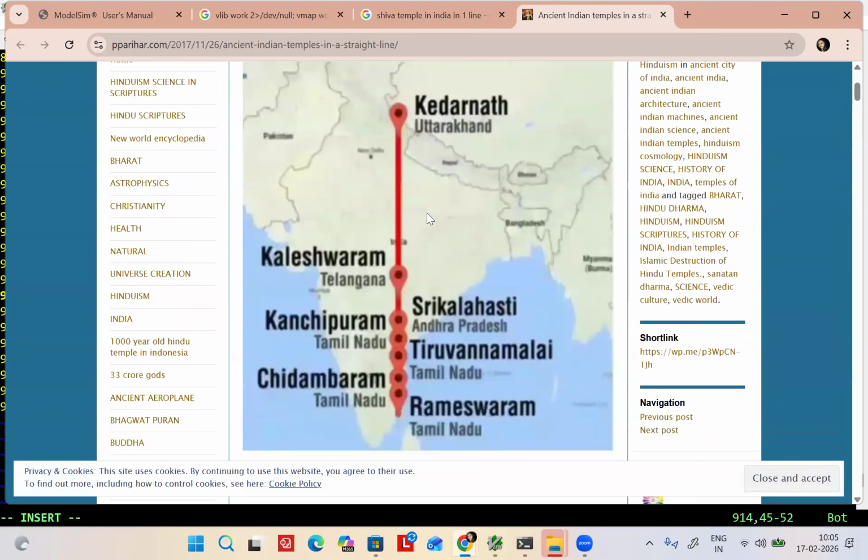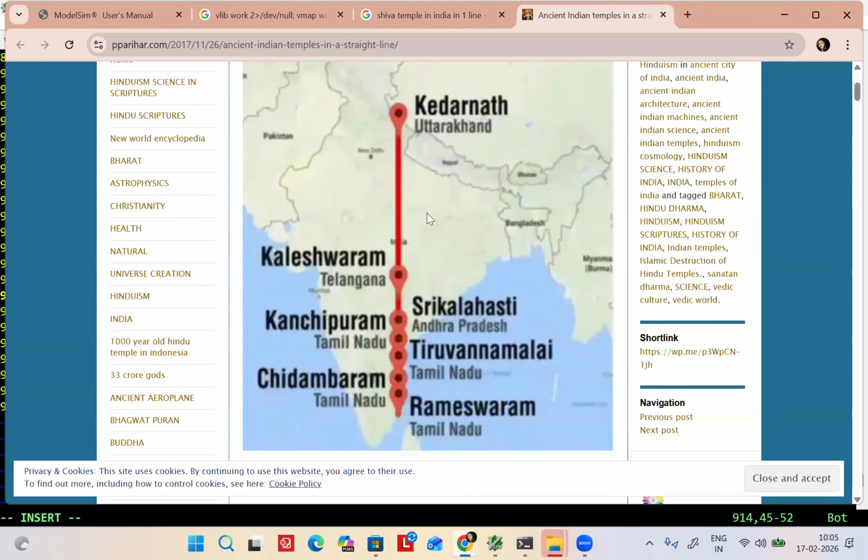So how were our ancient people? We didn't have technology in those times. They were all developed by different kingdoms. And all these temples are in a straight line on the Indian map.